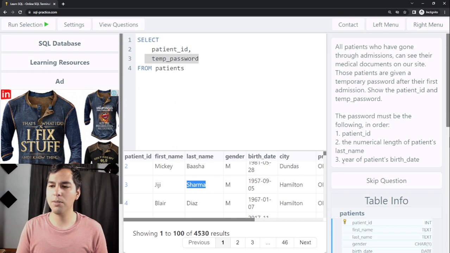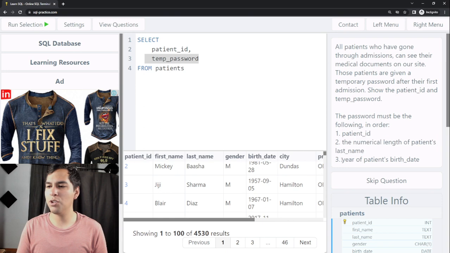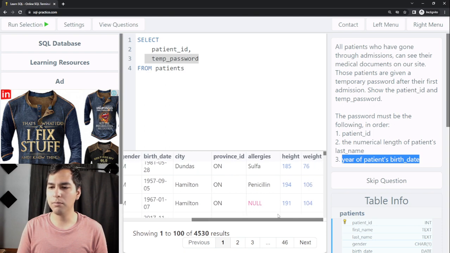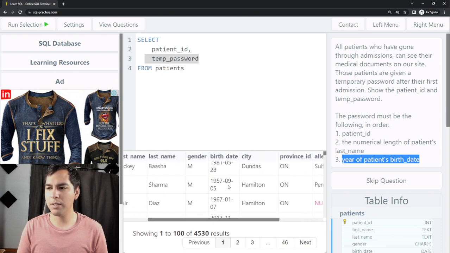And also, they will have 6 in this number as a second set of numbers. Then it says year of patient's birthday. So for example, returning to Sharma, their birth date is